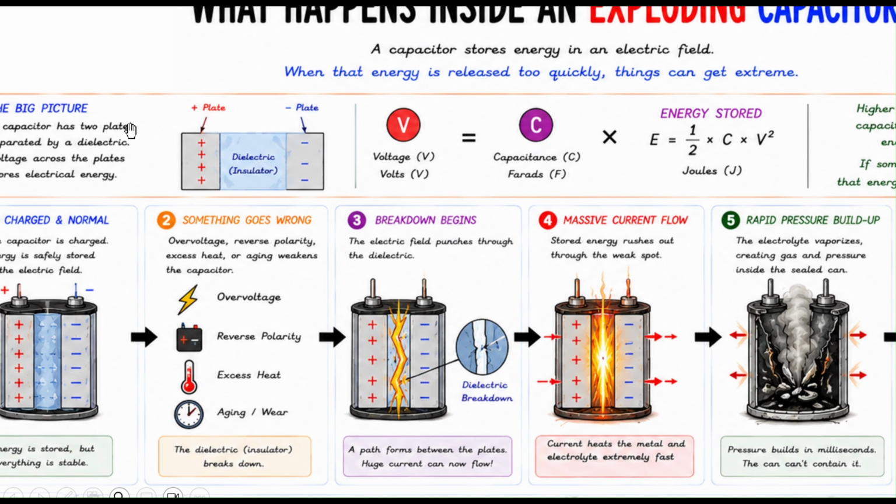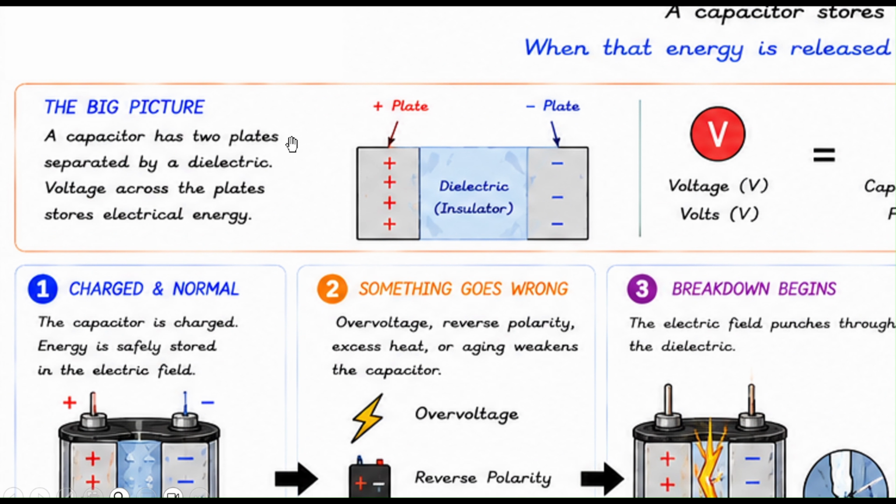Now, let's have a look inside a typical capacitor. So basically, a capacitor has two conductive plates, a positive and a negative, and these plates are separated by a material called a dielectric insulator. What this dielectric insulator does is isolate the positive and negative plates from touching each other or causing a short circuit. At the same time, this is where the energy is stored that is generated by the electric